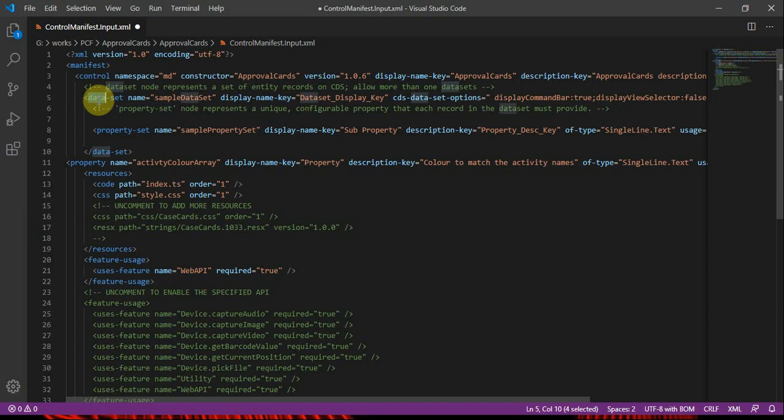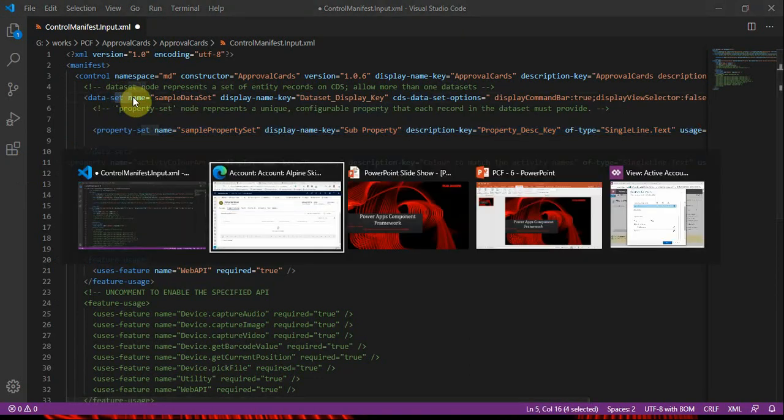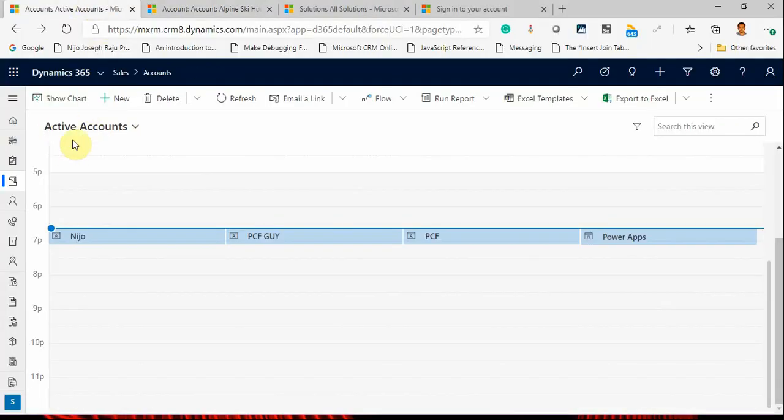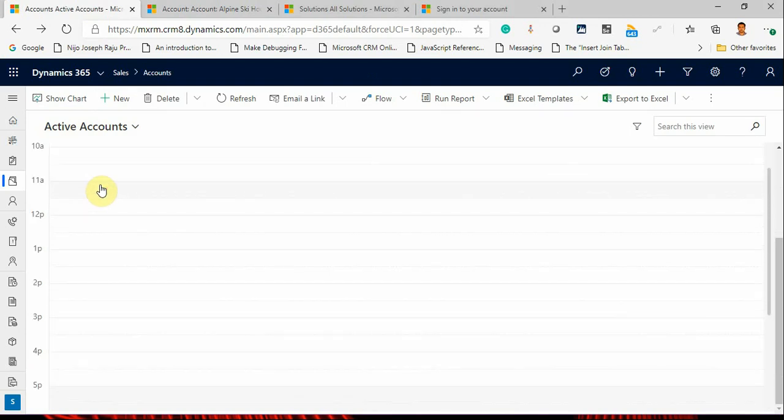So we can specify which attributes from that particular entity need to be accessed inside the code, or with some configuration you can enable here. You can tell the control, take these fields or these attributes from the account entity. Or if you haven't given this, or if you have commented or disabled it, you will get all the columns from this particular view. For example, if I have enabled active accounts, I'll get all the fields enabled in the active accounts view.